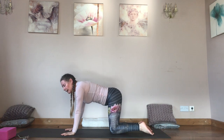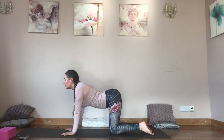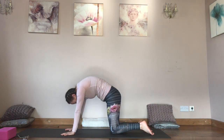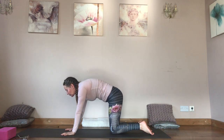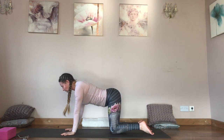And 3 more cat and cow. So inhale, lift your tailbone, lift your chest, lift your gaze. Exhale, go the other way, push the floor away and round. Inhale, and exhale, rounding it. 1 more, inhale,